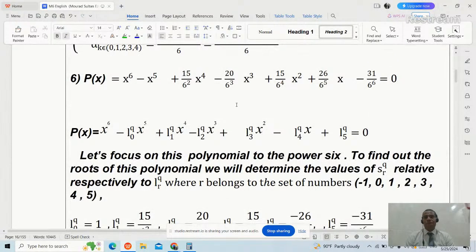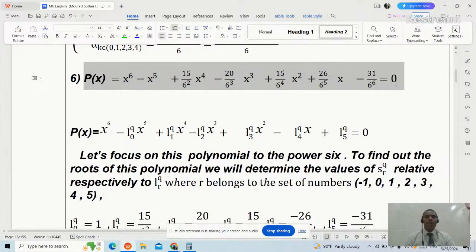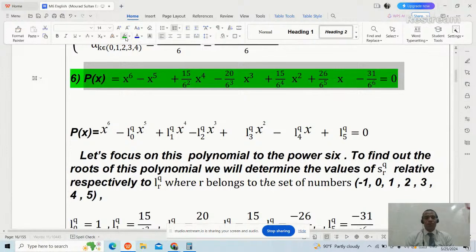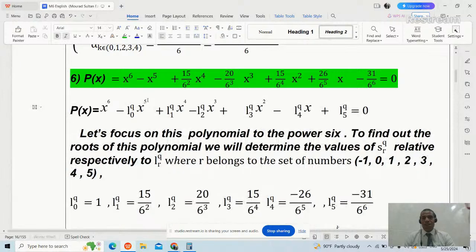Polynomial example number 6. You can see this polynomial to the power 6 has been written here, and we are going to find all the roots of this polynomial to the power 6. First of all, I can write my original polynomial as the following: p of x equals x raised to the power 6 minus L0 of order q times x raised to the power 5 plus L1 of order q x